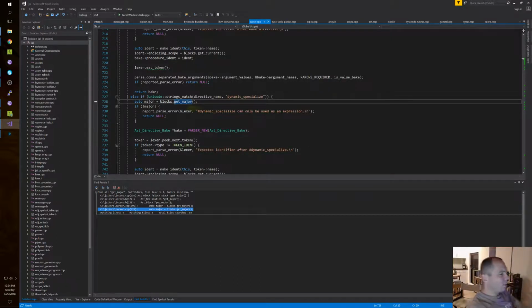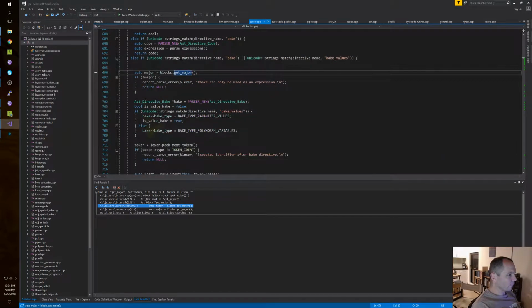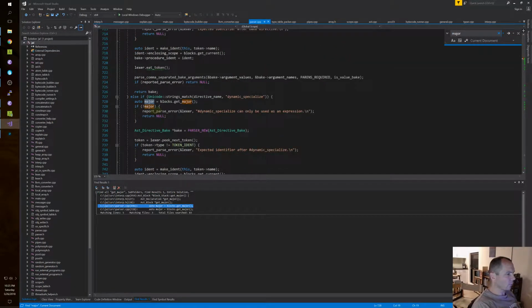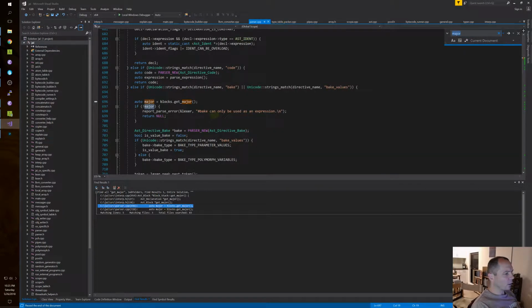I don't know that this even makes sense. Maybe I don't need to replace this with anything. Do we use major at all? Major. No. I'm just going to delete these.